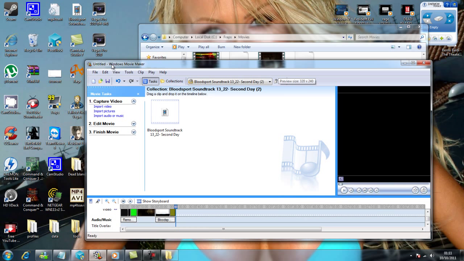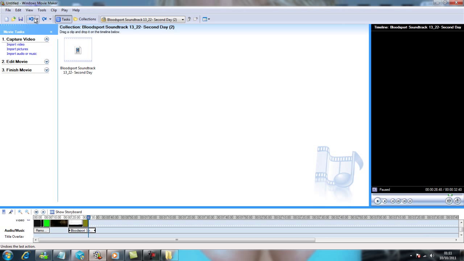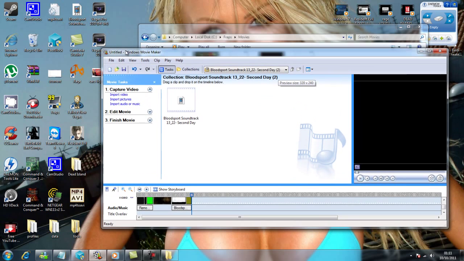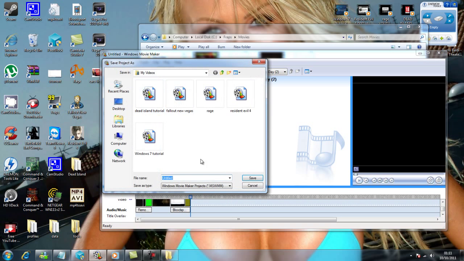For this stupid little program, it surprisingly does a lot. As I said, you can undo things if you want, but we don't want to. We want it the way it was seen. Now let's render it so we can put it on YouTube. Obviously save it first in case your computer crashes. Let's save it as